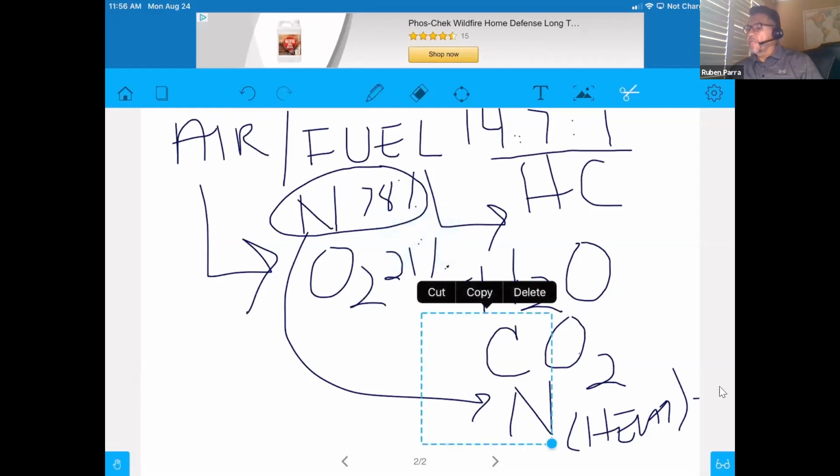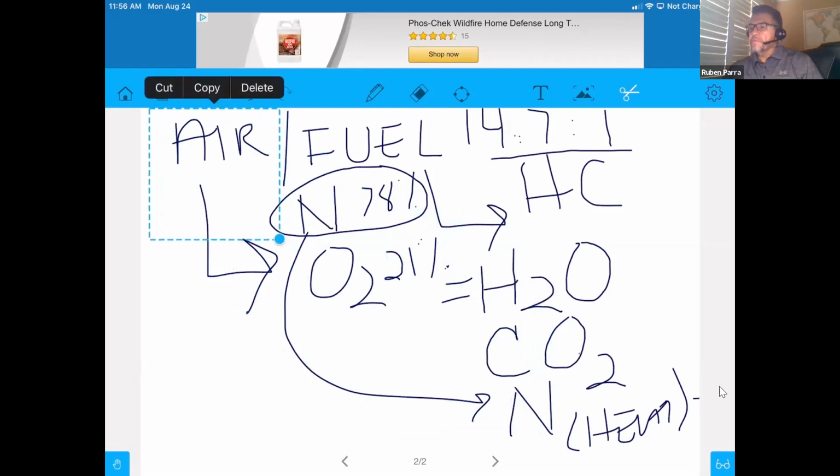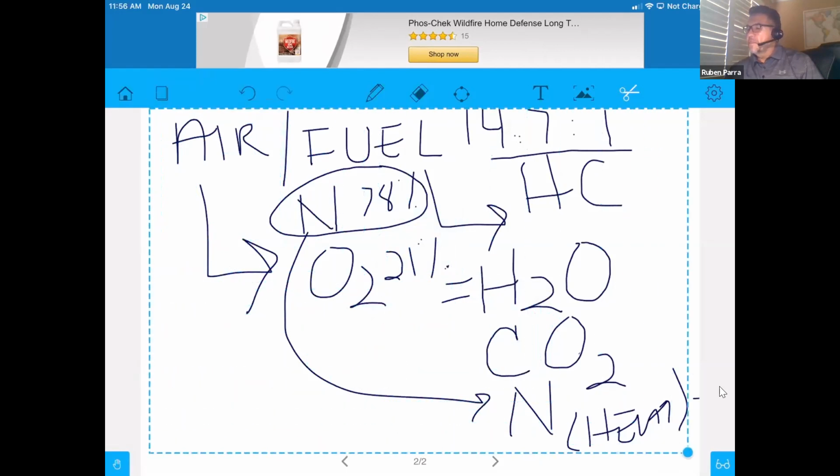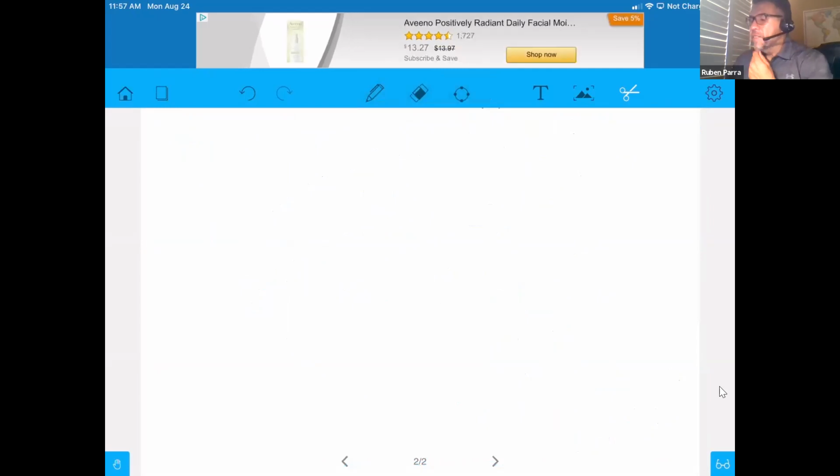And I'm gonna try this again, see if I can do this. I'm getting good at it. All right, so let me go ahead and stop this share and go back to our presentation. Okay, and back to our, here we go. So that's what happens there with these three pollutants. Okay, moving on.